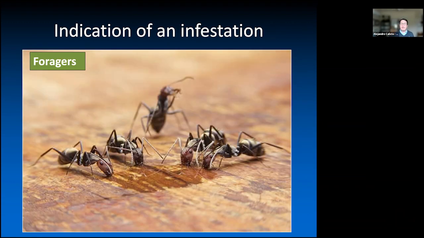Another indication that you have carpenter ants nearby your house is, of course, if you see these worker ants getting in your house. They can have colonies that are sitting in a tree, but they also can have what are called satellite colonies. So you have the big colony where you have the queen and the brood and the larvae, but they can also build smaller colonies close to the house. That is a really nice strategy. Many ant species exhibit that. So, if you see ants in your kitchen, on your counter, getting on your food, you have a carpenter ant colony close to your house.